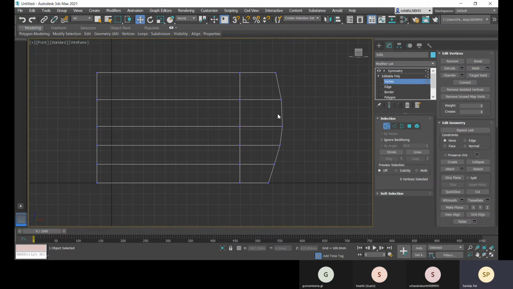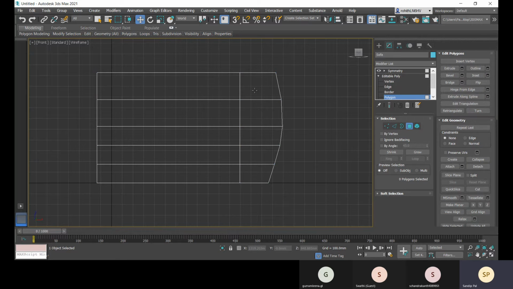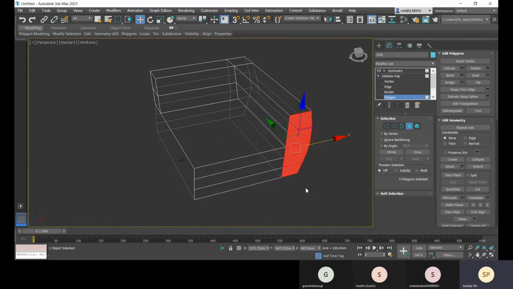Now let me go for 4 so that I can select all these surfaces. Make sure whenever you are selecting, it can move, so don't quickly select, move this way. Make sure you are selecting only, holding control. This is selected right now.